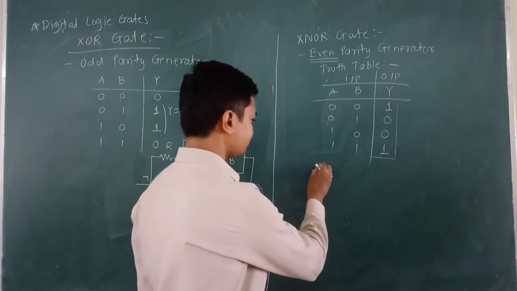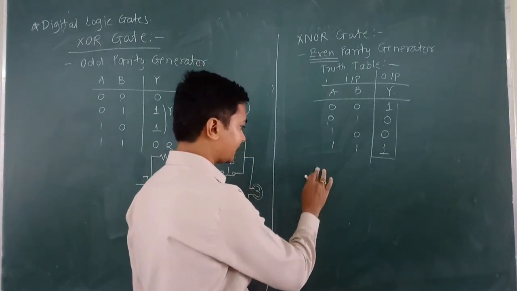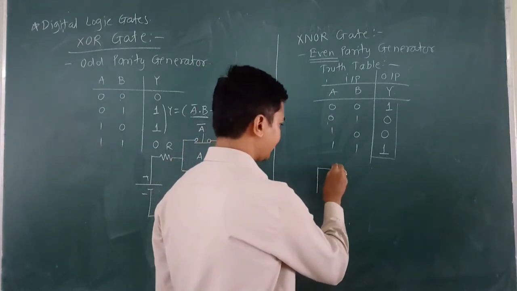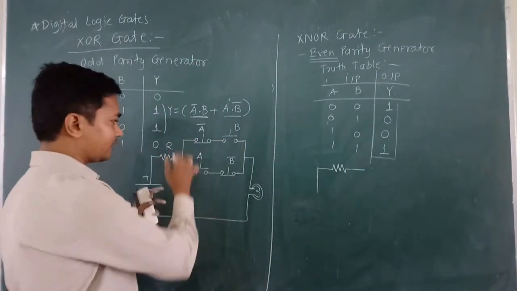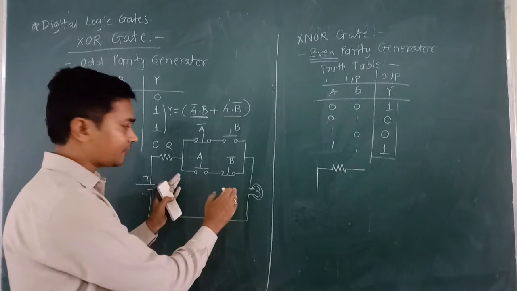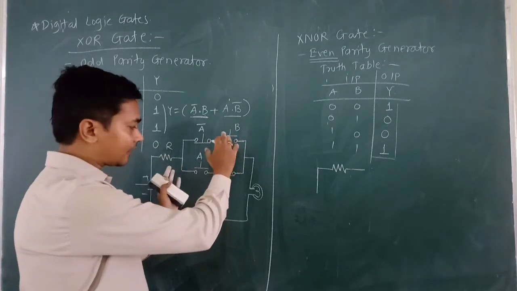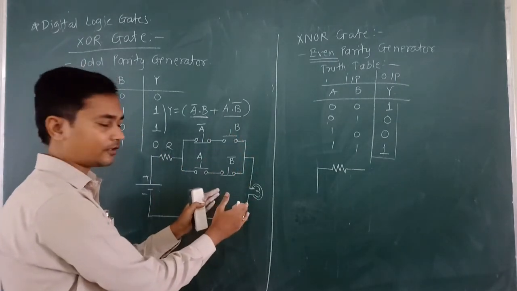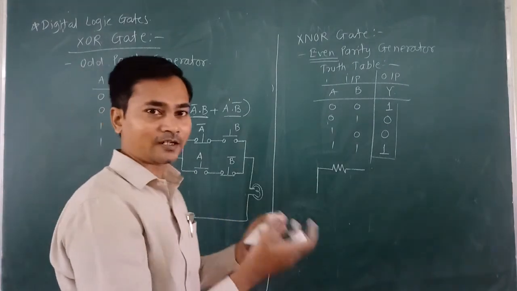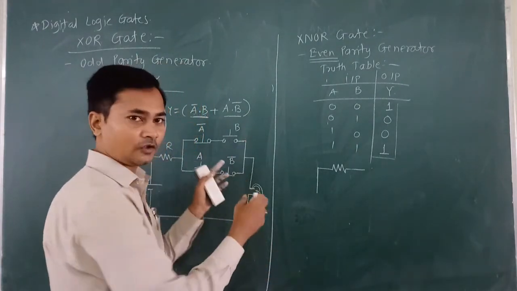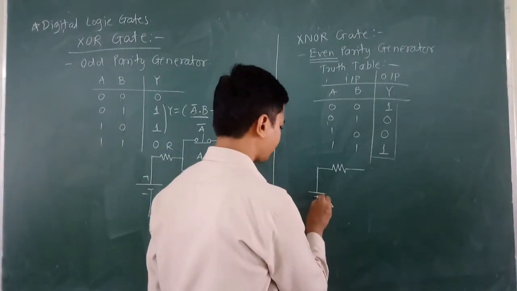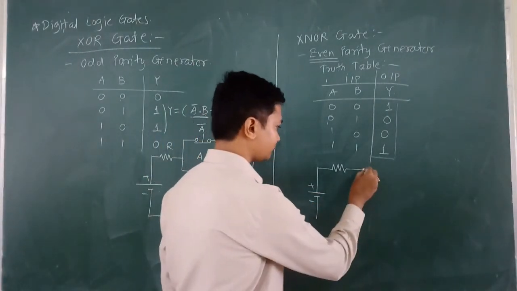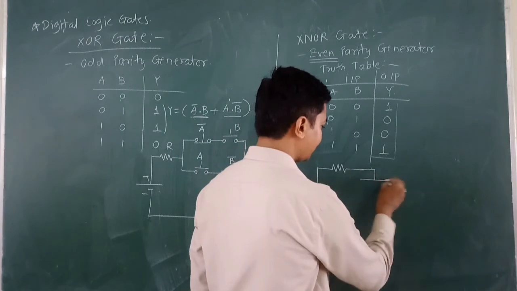Now are we able to draw the circuit diagram? It is very simple. As I told you, whatever the switch combination is drawn, that switch combination should be placed across the bulb so that it will become the NOT operation. So XOR plus NOT will form XNOR, okay.